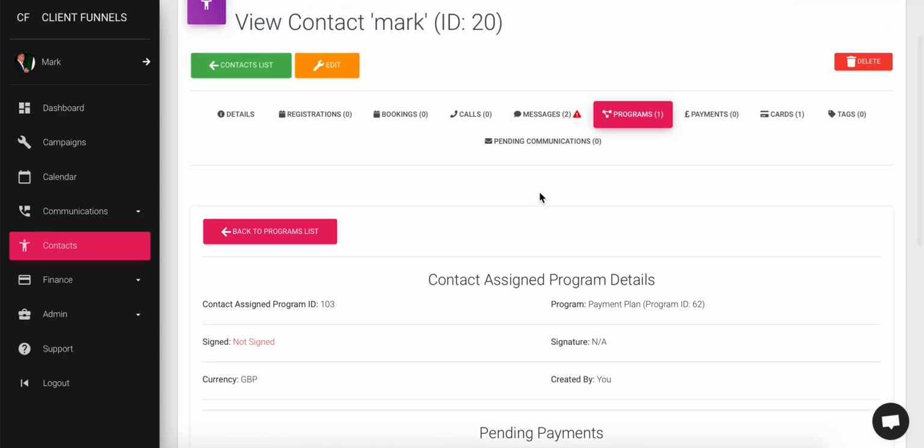Now, the next thing we can do here is set up, what if we have someone who says, I want to pay £1,000 now, and you've taken that money, but I then want to pay £2,000 in 7 days' time, and £500 in 7 days after that. Okay, so £2,000 in 7 days, and the remaining £500, because it's a £3,500 program, 7 days after that second